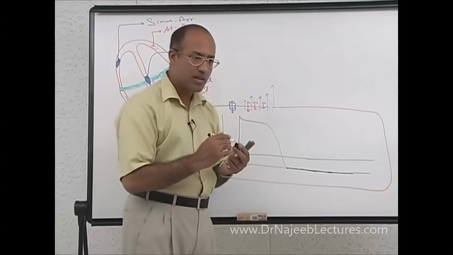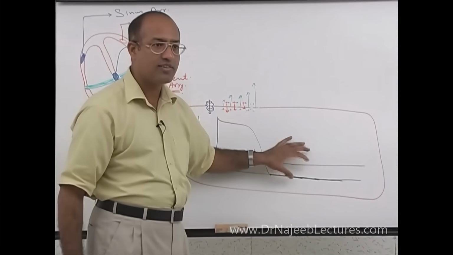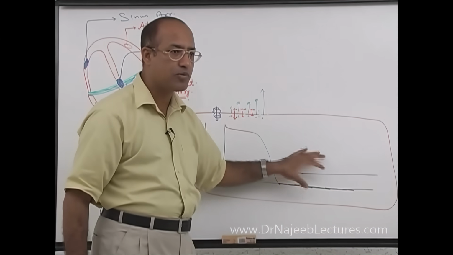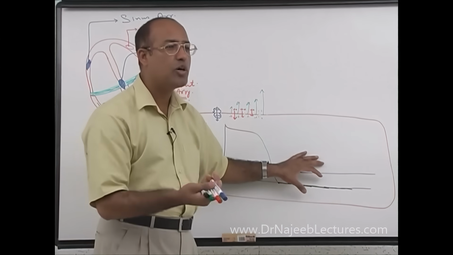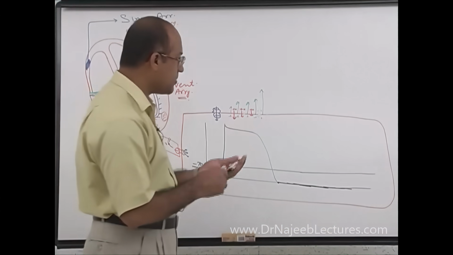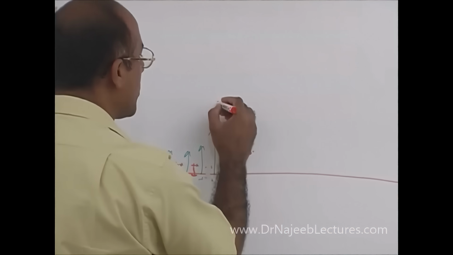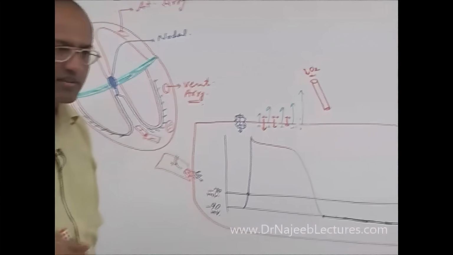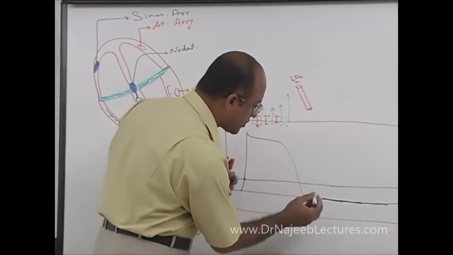Is that right? But sometimes what happens, this cell becomes sick. This cell becomes injured. This cell becomes defective. It becomes dysfunctional and it develops irritability. Now I will tell you how this cell may become irritable. One simple reason may be ischemia. If this cell develops ischemia, it means oxygen supply is less. If oxygen supply is less, before I go for that, I should tell you here,